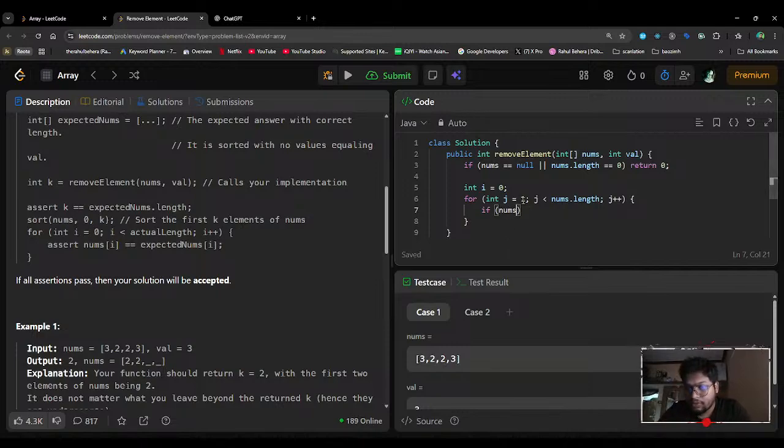Okay, so we will be starting from 0, and here we will check nums[j]. If nums[j] double equals to the target we are looking for, then we will place the i. Okay, we have to remove the values. nums[i] equals to